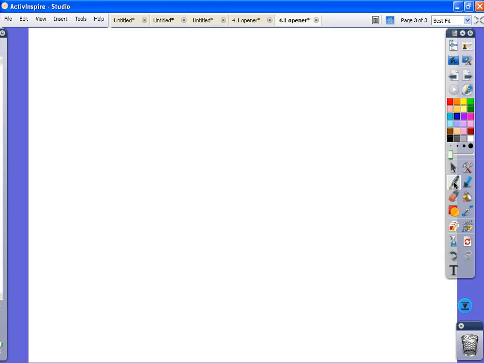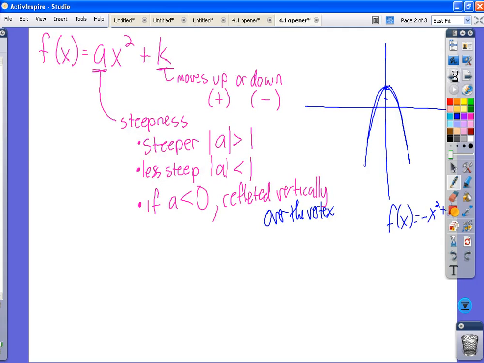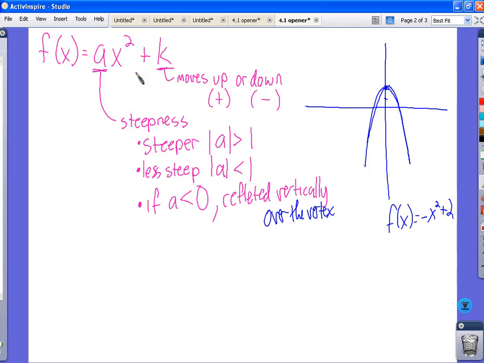Those are really specific examples where the only things we can do are to multiply x squared by a number and then add a number. We're going to expand this. So we want to talk about every possible function that's like this function. And like this function means you have an x squared. Right? So